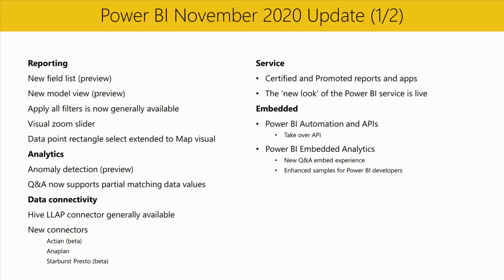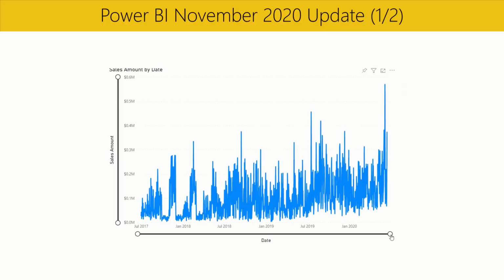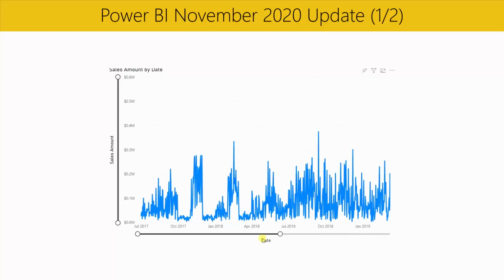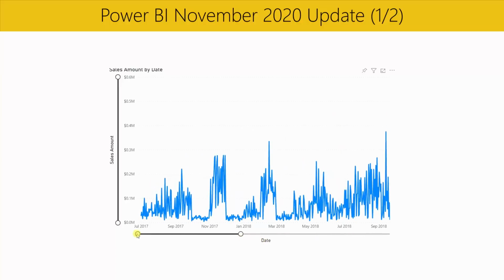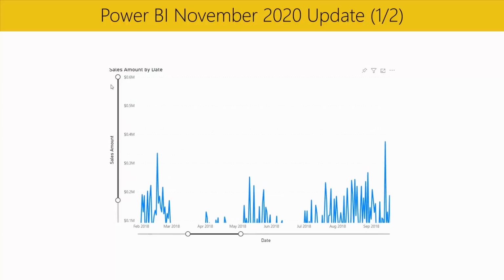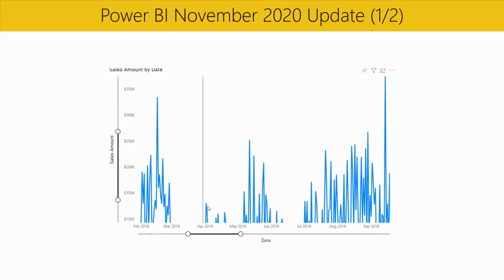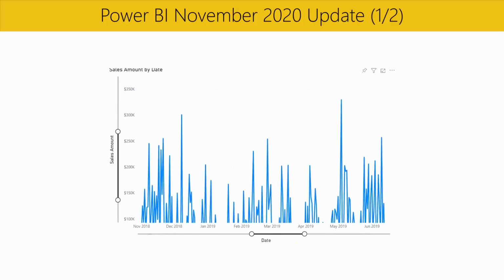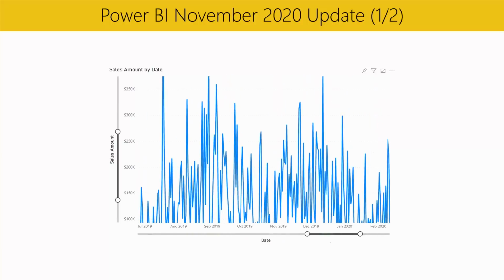We're also excited to announce that you can now add zoom sliders to your Cartesian charts. Zoom sliders allow report creators and consumers an easy way to examine a smaller range of data in a chart without having to use a filter. Further, using zoom sliders to change the range of the data will not affect contextual information like calculated trend lines.